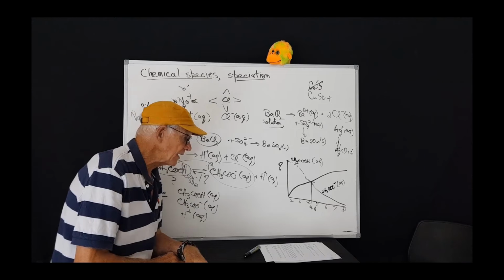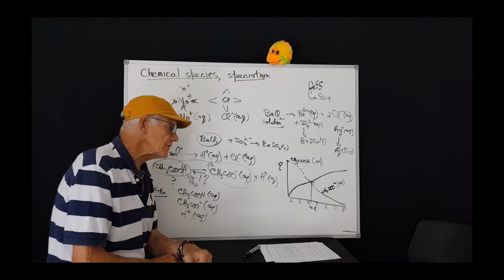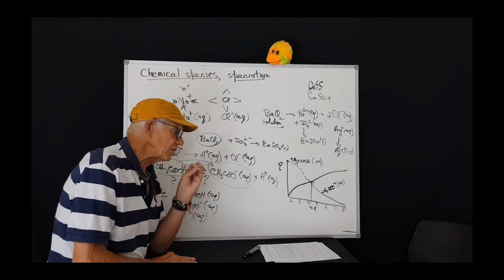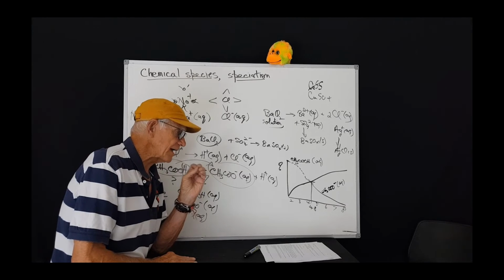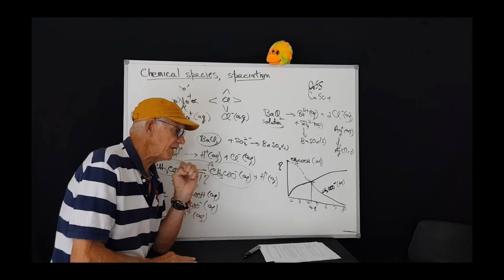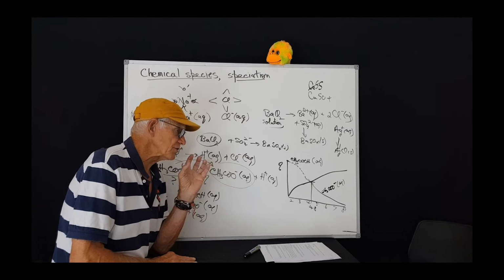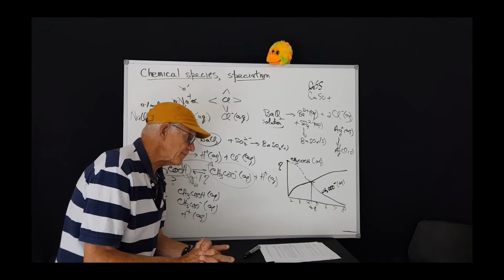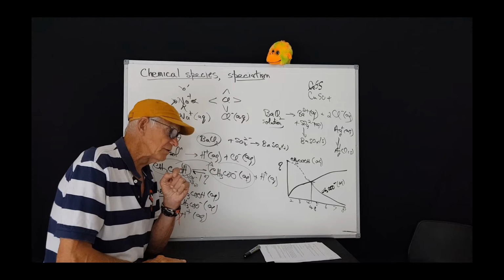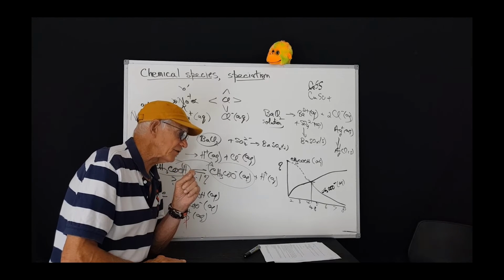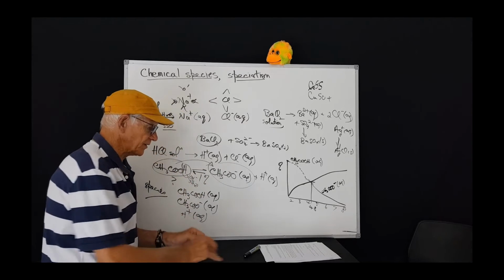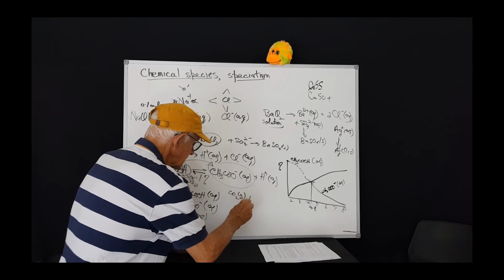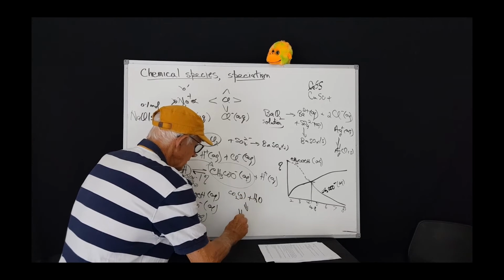Now, one last example, extraordinarily important in today's world, in the sense of increasing concentration of carbon dioxide in the atmosphere, which is happening. The data is quite strong that over the last 200 years, the concentration of carbon dioxide in the atmosphere is going up. If we dissolve carbon dioxide in water, like for example in the surface layers of seawater, the carbon dioxide forms and water forms carbonic acid,